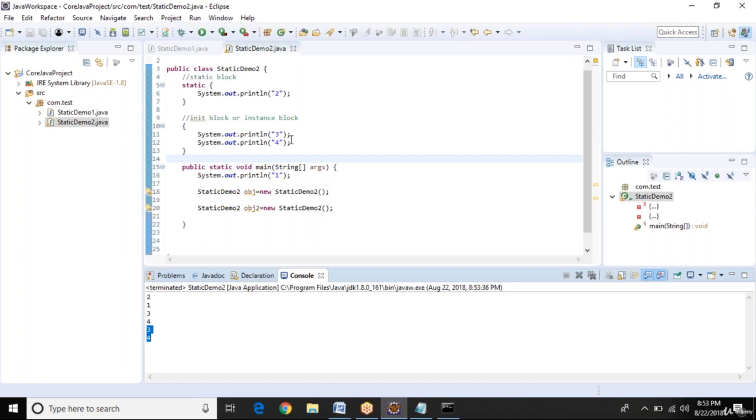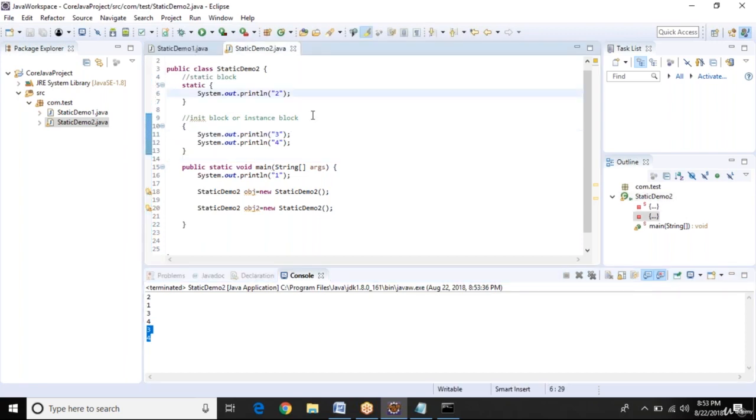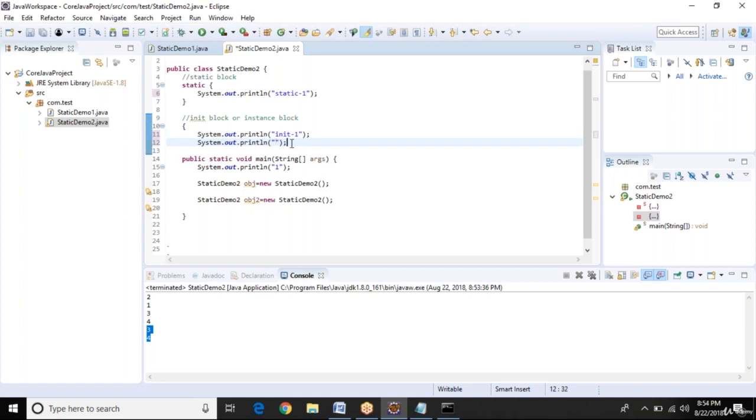Okay, so I can write some syntax here, static 1, and here init 1. I can simply remove this line. So init 1, now you can see here, and this one is main. If I run this program, what do we get?